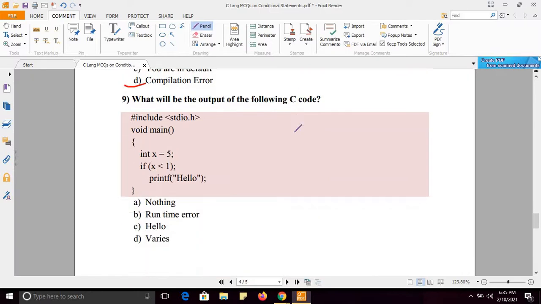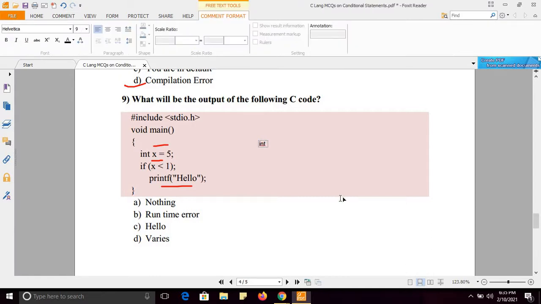Next, x equals 5. If x less than 1, semicolon, printf hello. What will be the output? Let me rewrite this code. So int x equals 5.